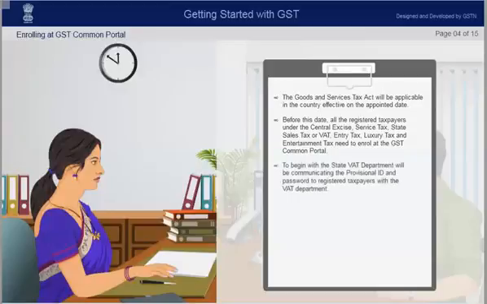To begin with, the State VAT Department will be communicating the provisional ID and password to registered taxpayers with the VAT Department. You now need to visit the GST Common Portal available at